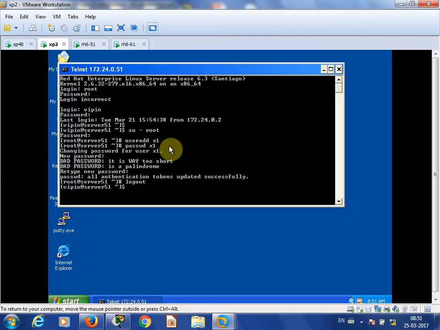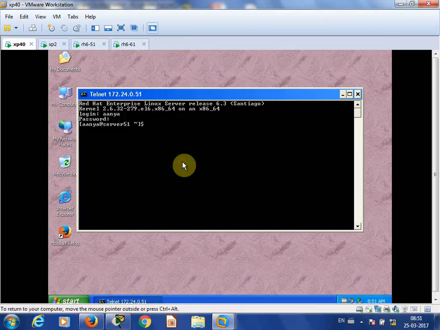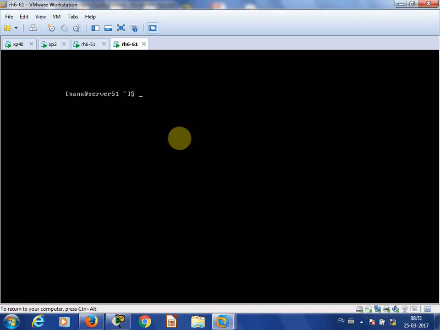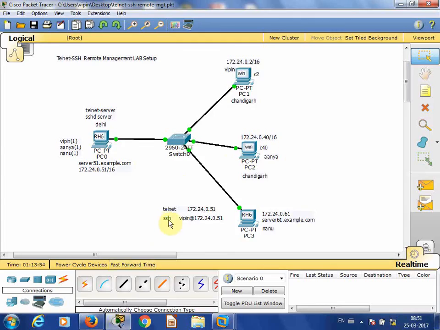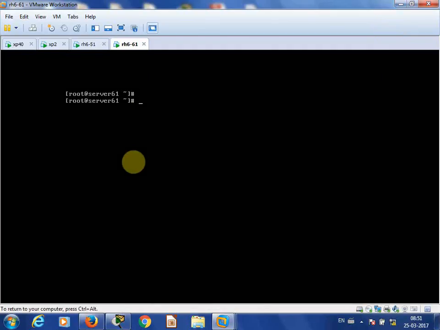Now, as we already know, this is not secure, so I will log out from this system also, from this system also, from this system also. So there is another protocol. That protocol is SSH, secure shell. Now what is the command? First, from this system, SSH as which user? Nannu